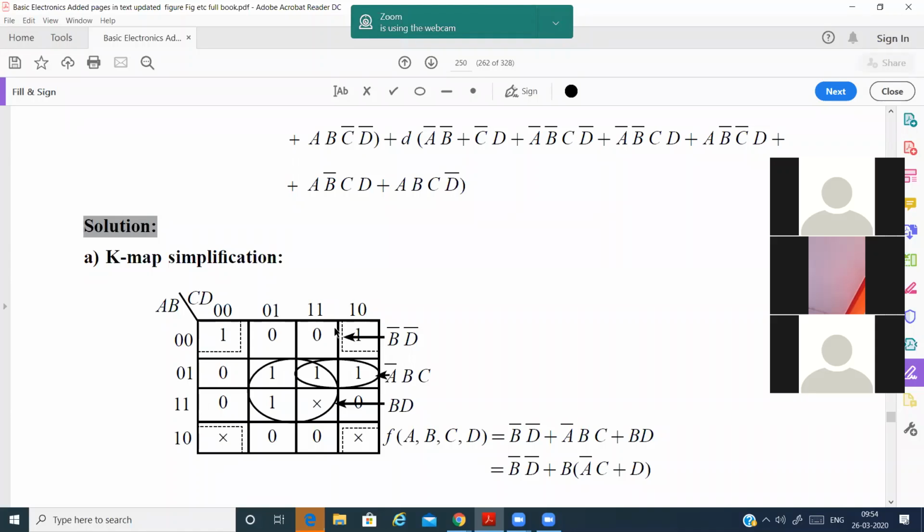Sir, by folding the Karnaugh map on all 4 sides, we can group it as 4. Yes, that means the 4 corners. That's what we are doing. See, the dotted line indicates we have folded it and made that also as one group. Totally, we have made 3 groups. One is the middle one, and this one is the other one, and these 4.